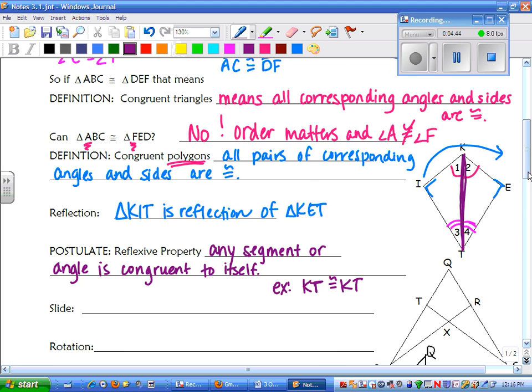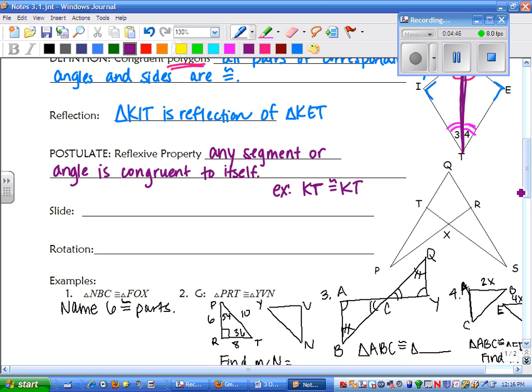Another example is down below right here. I don't know if you can see it, but we do have 2 triangles, the one on the left and the one on the right. We do have something that's being overlapped. In this case, it's not a side, it's an angle. Angle Q is in both. So this one I could say angle Q is congruent to angle Q, and that will greatly help me in